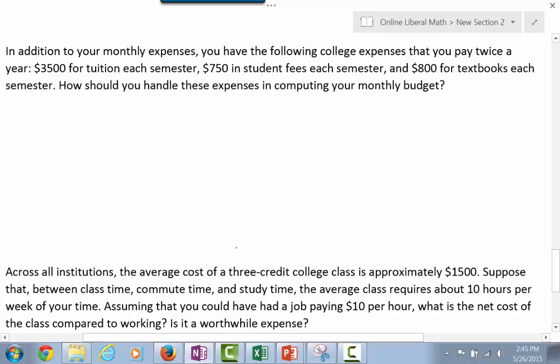Okay, so let's first figure out how much our expenses total in this. So we have $3,500 for tuition each semester. We're assuming that we have a fall and a winter semester. They're just the two main ones. We're not going to count summer in this. So $3,500 per semester. Then you have another $750 in student fees each semester, and then $800 on top of that for books. So each semester, you'd add those up. Since we're talking two main semesters, then in total we're going to spend about